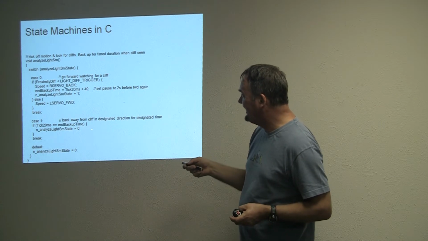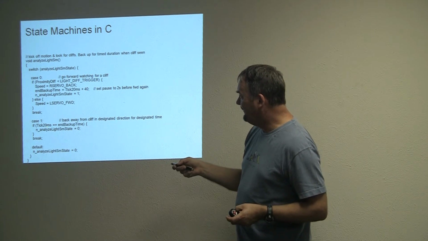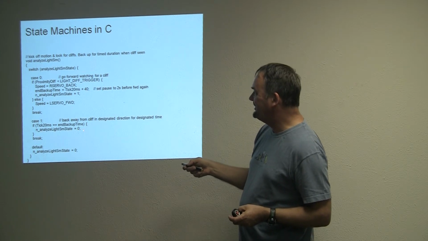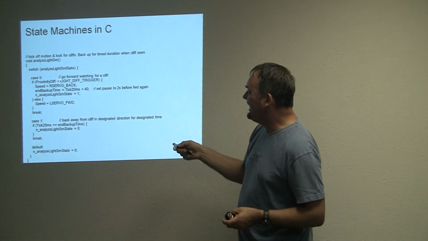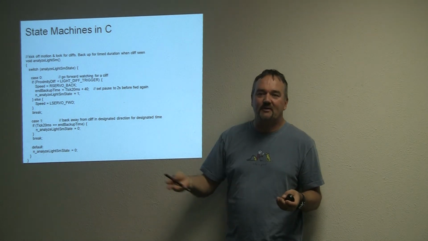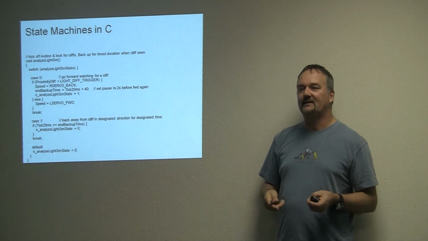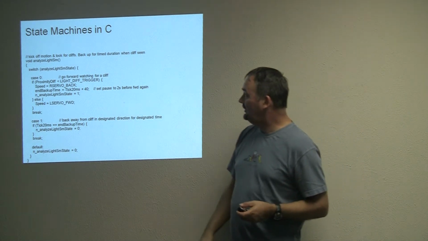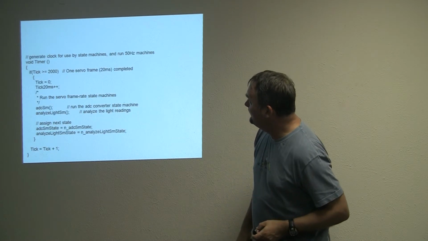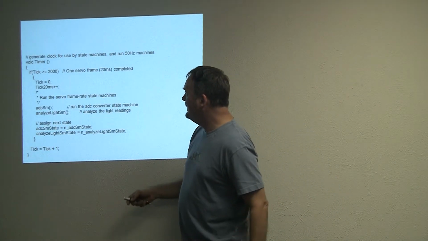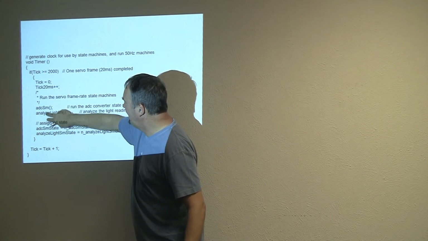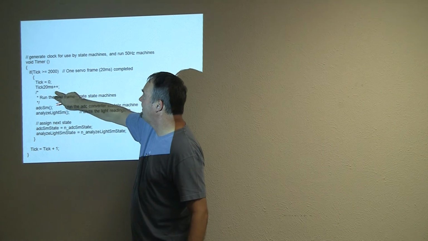Case 2 is the backup state, where if it's reached the end backup time, then next analyze state machine state is 0, which will take it back down. And this thing gets called every loop, so every 50 milliseconds or 20 milliseconds or so, it gets called repeatedly. So here's the essence of it: this internal segment gets run every 20 milliseconds,